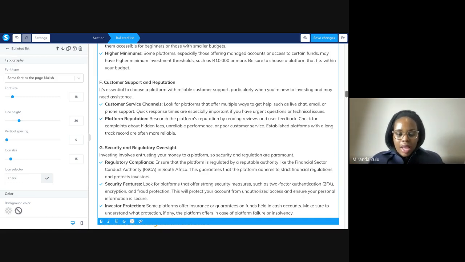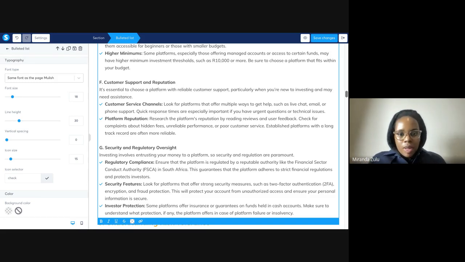I was having a bit of a conversation on my Instagram stories, talking around this and how important it is. Sometimes it is a hit or miss, essentially, because one person can have an amazing experience with the platform and another person can have a terrible experience. For me, for example, with eStash, the Liberty app, I use Stash. I've been able to withdraw from Stash. I've never had an issue.